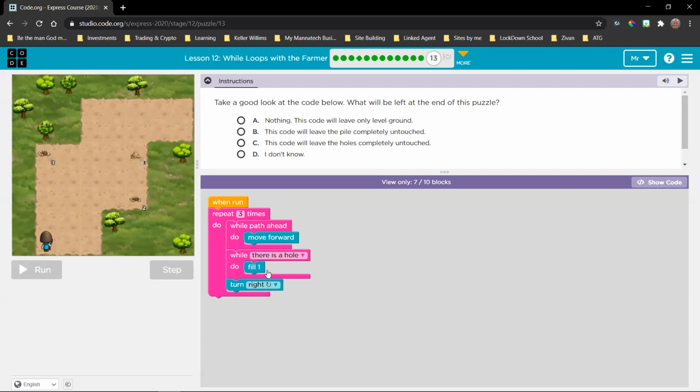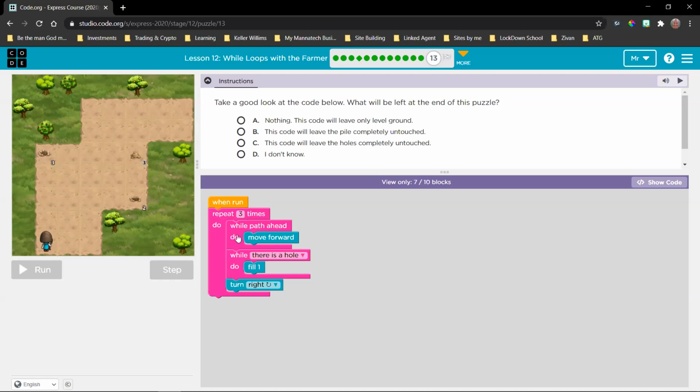That's not on here. There isn't a conditional to say while there is a pile, there isn't a block that says remove 1, an action block. So I can already stand to know that that one is not going to be removed. That one will be there. Now I just need to figure out whether this fill and this condition is in the right position within the sequence.